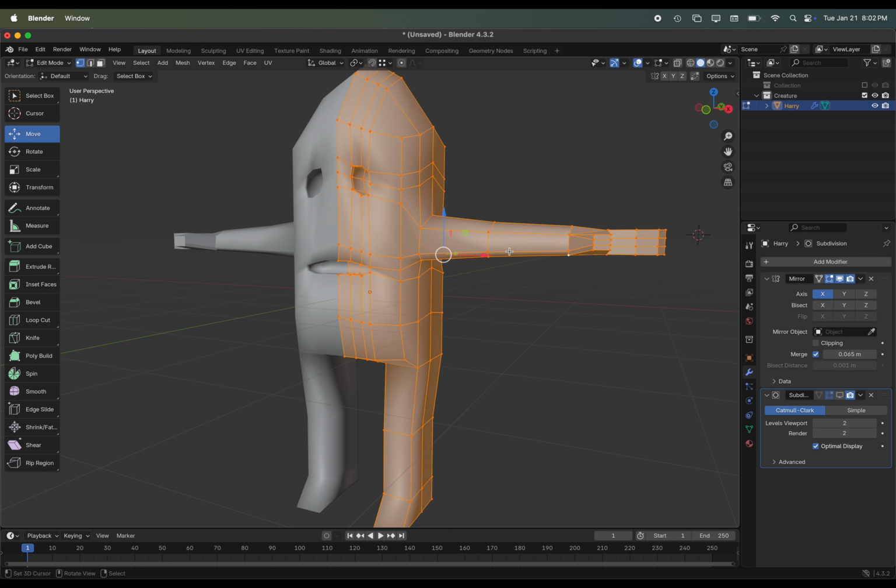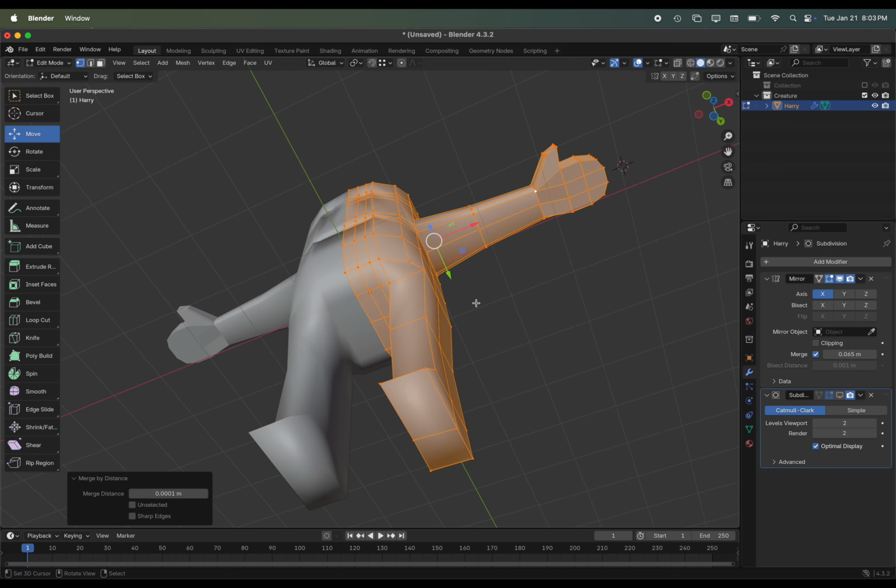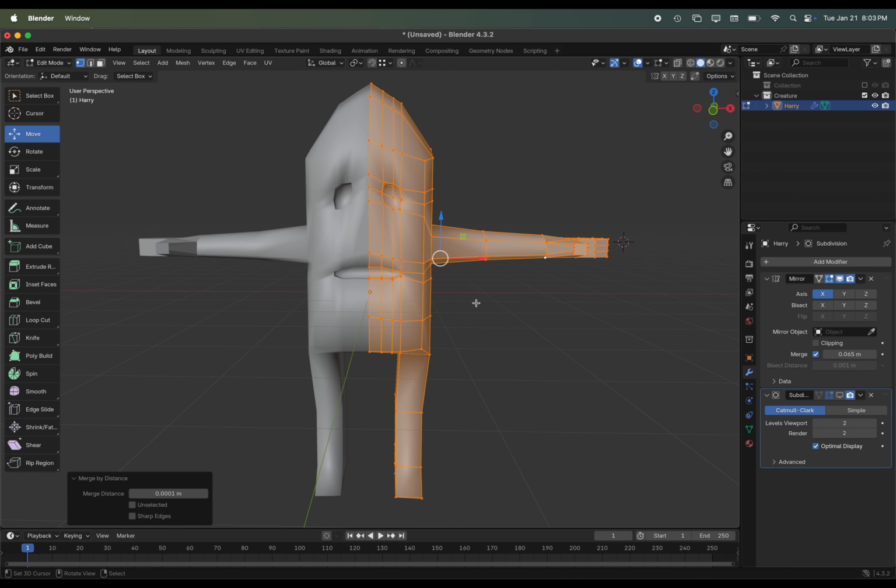So A to select everything, M to merge, and this time I'm going to merge by distance. And you'll notice it removed 6 vertices. So those were the ones where I used snapping and they ended up on top of each other. So that got rid of anything that was perfectly overlapping. You'll notice there's this merge by distance window. You can increase the merge distance a little bit if you need to, but in this case we shouldn't need to because it should just be the ones that are overlapping perfectly. All right, there we go. That is completely joined together now.